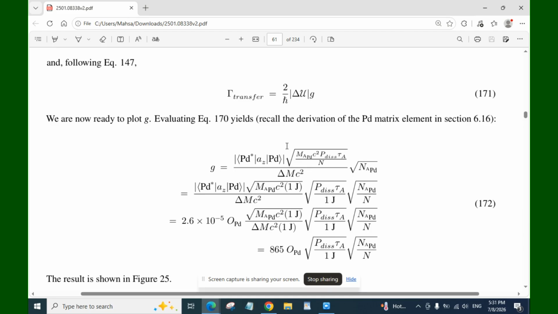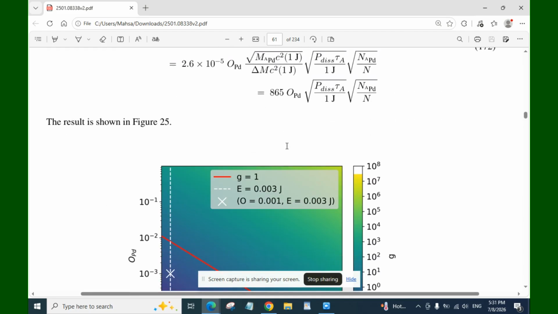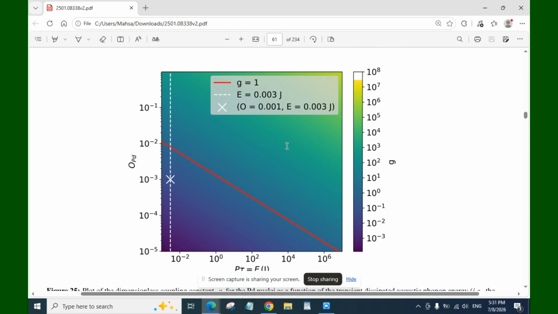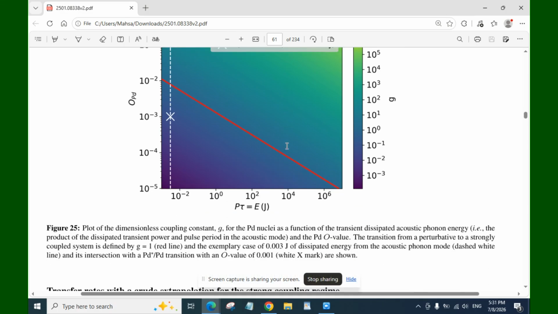Recall the derivation of the matrix elements in equation 6.16. The result is shown in figure 25. Figure 25 illustrates the dimensionless coupling constant G for the palladium nuclei as a function of the transient dissipated acoustic phonon energy, for example the product of the dissipated transient power and pulse period in the associated acoustic mode, and the palladium omicron value. The transition from a perturbative to a strongly coupled system is defined by the G equal to 1 red line,